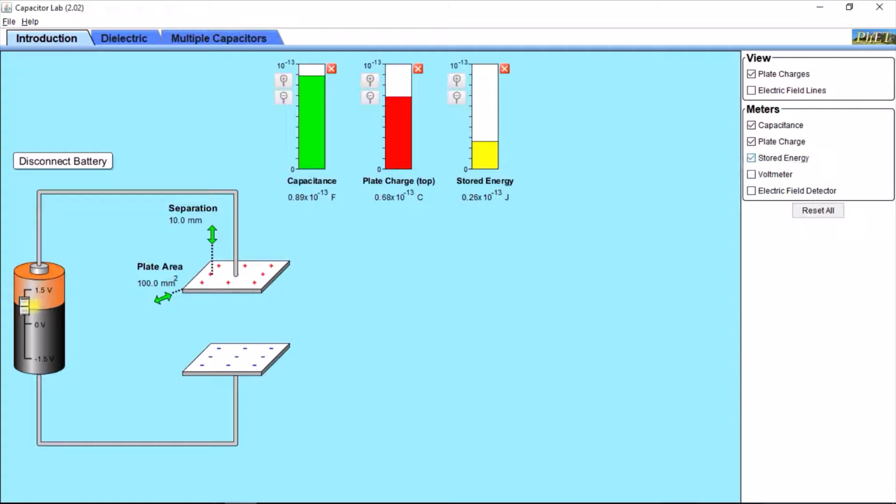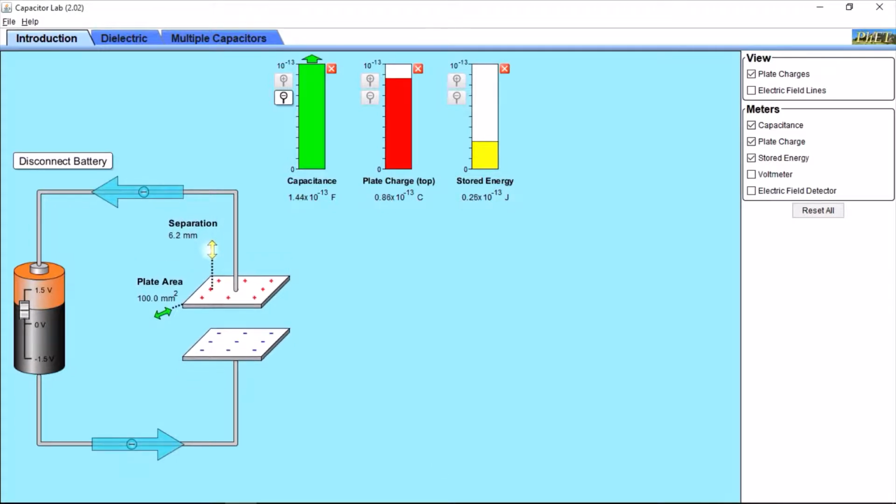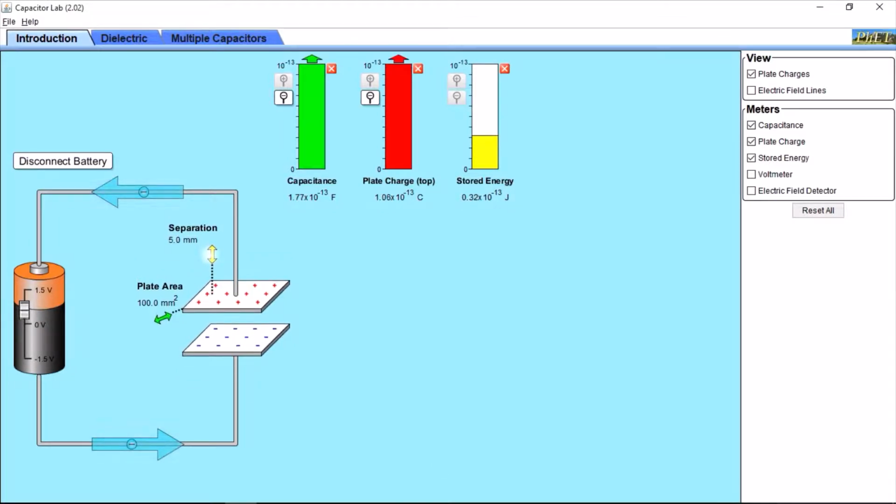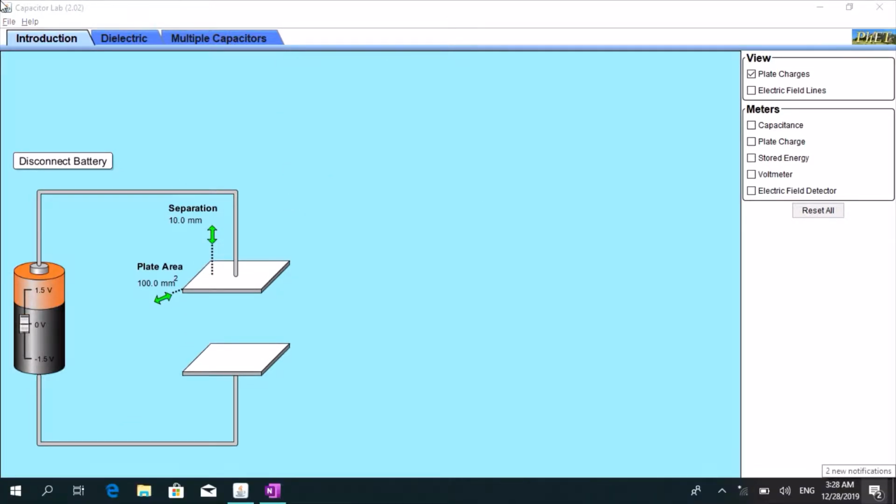When we increase the voltage, the stored energy will increase, and when we decrease the voltage, the stored energy will decrease. Let's have a look at the capacitance effect on the stored energy. If we increase the capacitance by decreasing the gap between the two plates, the stored energy is therefore increasing. Finally, let's do the simulation for the previous example,